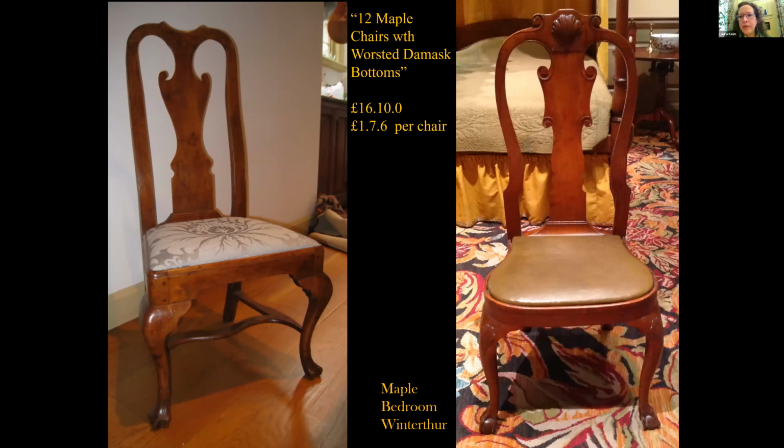Just a little bit about, I mentioned the maple chairs in the room are very expensive, seemingly out of line with it just being costly because the damask was costly. I have not been able to find another, and I have not been able to really trace the provenance that goes with this single maple chair, I should say, that's in the maple bedroom at Winterthur. But I do wonder if it's possible that this was the Logan suite of maple chairs, which would